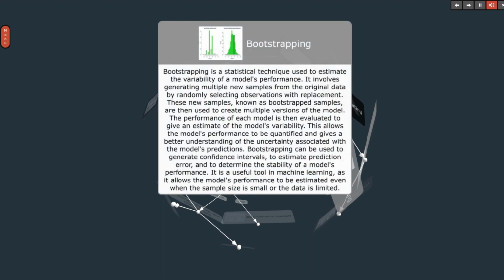Bootstrapping. Bootstrapping is a statistical technique used to estimate the variability of a model's performance. It involves generating multiple new samples from the original data by randomly selecting observations with replacement. These new samples, known as bootstrapped samples, are then used to create multiple versions of the model. The performance of each model is then evaluated to give an estimate of the model's variability. This allows the model's performance to be quantified and gives a better understanding of the uncertainty associated with the model's predictions. Bootstrapping can be used to generate confidence intervals, to estimate prediction error, and to determine the stability